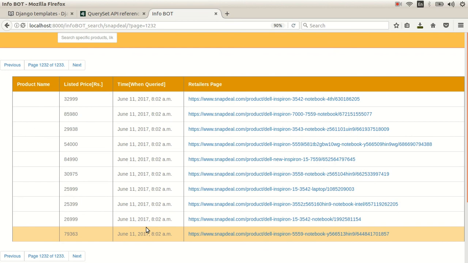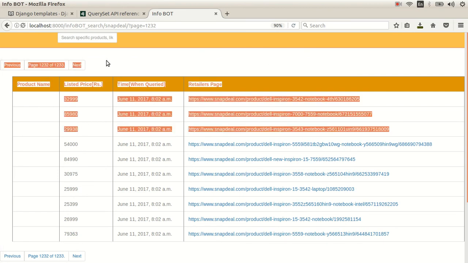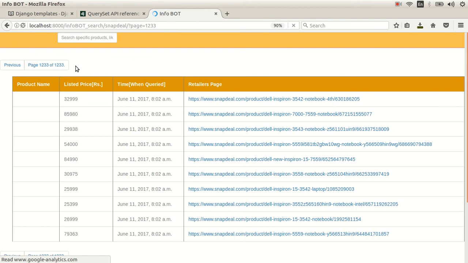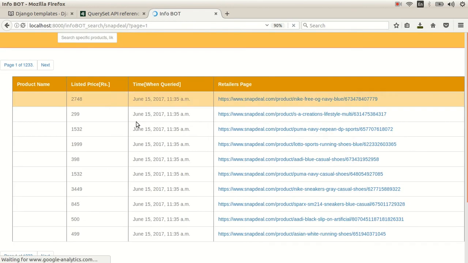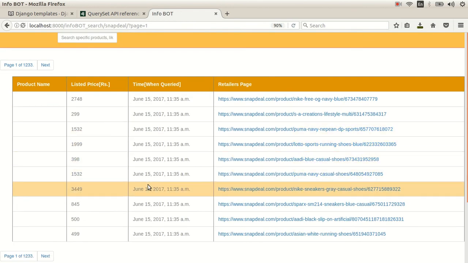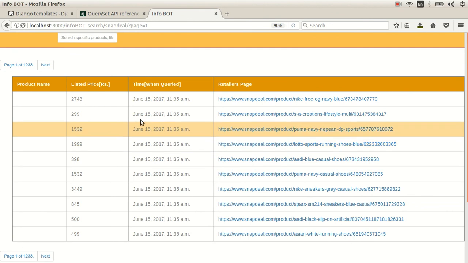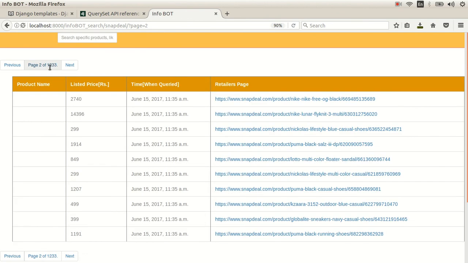No, this is now incorrect. Yeah, because unfortunately, for some weird reason, on each and every page I am getting the same. I need to fix this, because I'm getting June 11th till June 11th only, whereas I should get beyond June 11th. So if I go next, I get June 15th, okay, 11:35, okay,